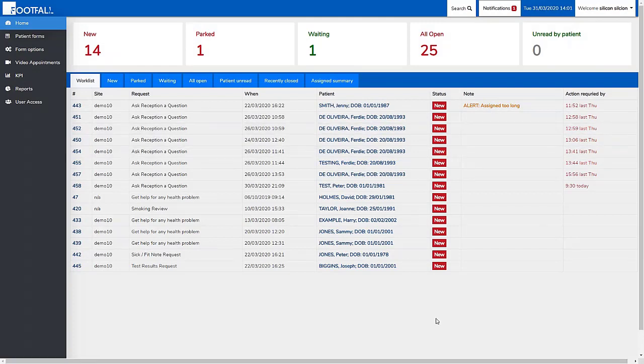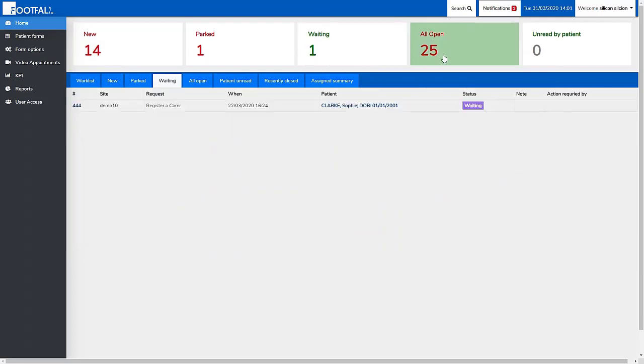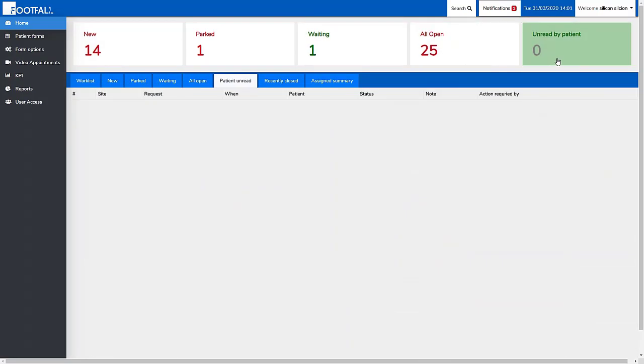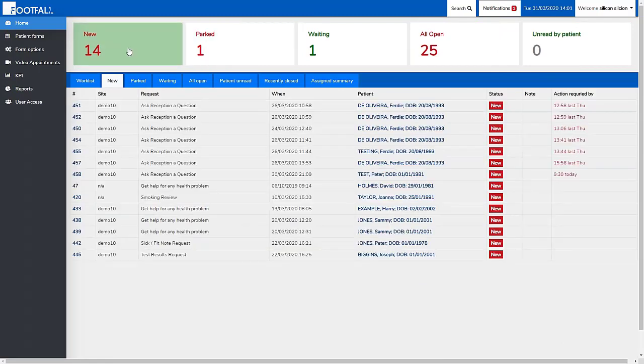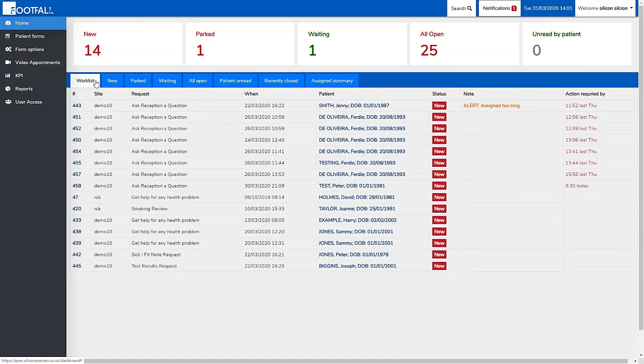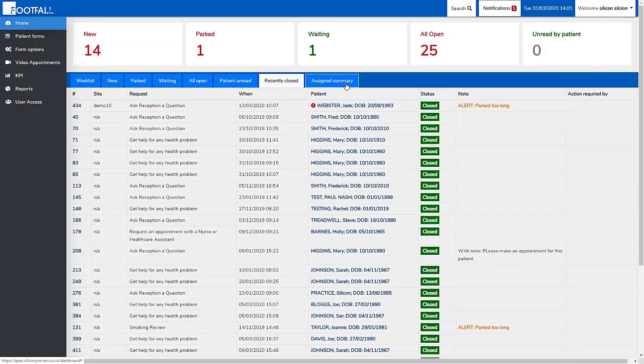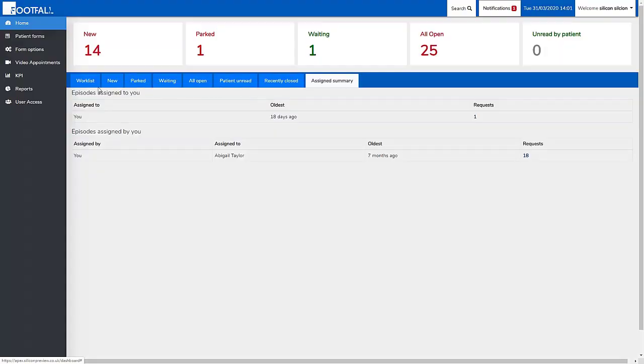So this is the new dashboard. Whichever dashboard you're used to seeing, this will look quite different. You can see the same buttons along the top for new, parked, waiting, all open and unread by patient work lists, and clicking on these will change the work list that you see underneath. What you can also see is that there's some new work lists that have been added. So we've got work list, we've got recently closed and assigned summary, and I'll talk you through these in a